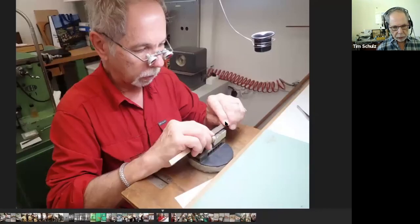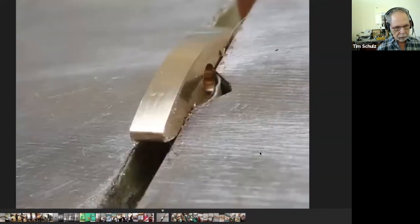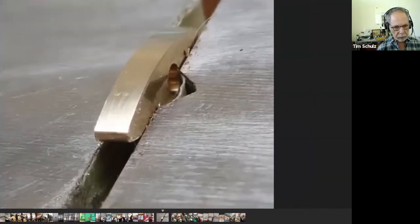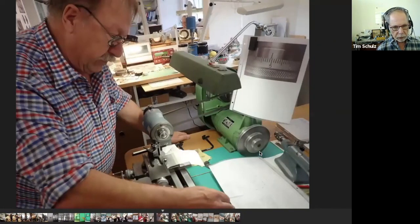This is a sandpaper stick that some people are familiar with. And I'm using these Zeiss dental type binocular eyepieces, and I've really liked those. But I kind of struggled dealing with fine close-up work. And finally, on the last day I was there, Paul said, look, you've got to give these things up. Learn to use a loop. And that was a really good piece of advice. I have since stopped using those